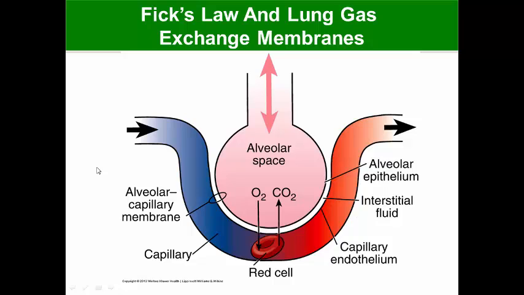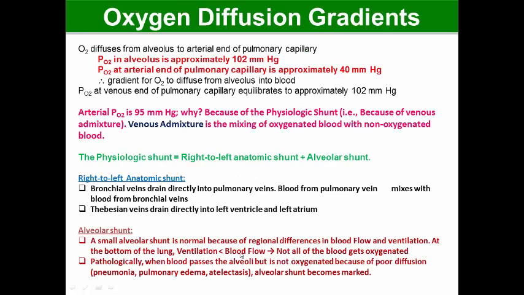The pulmonary artery divides into smaller branches. Then we have the pulmonary arterioles. Then we have the pulmonary capillaries. So the partial pressure of oxygen in the alveolar air is 100 to 105 millimeters of mercury, and at the arterial end of the pulmonary capillary it is approximately 40. So there is a gradient